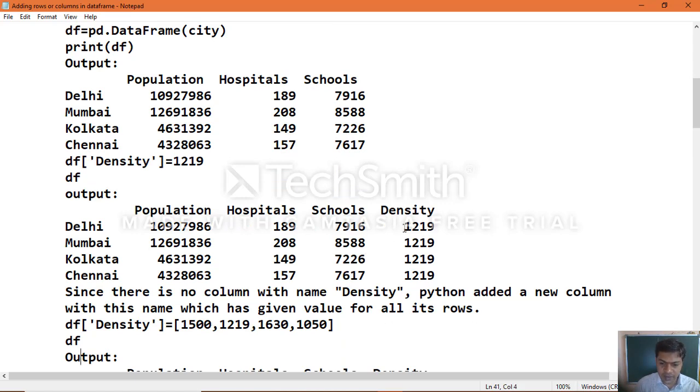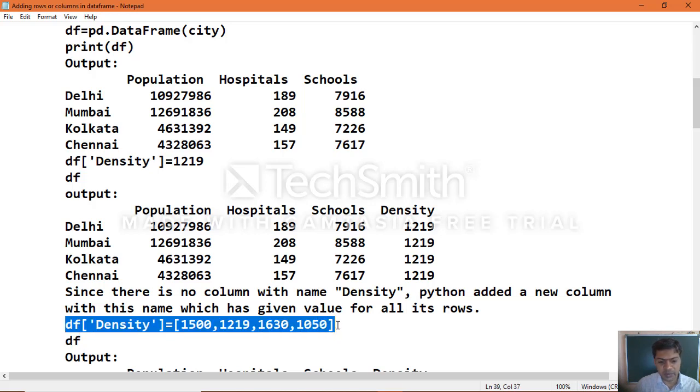Suppose you want different values. Then you specify your object name followed by column name equal to values. Based on how many rows exist in your data frame object, the same number of values you need to specify for your new column, otherwise you will get a type error.